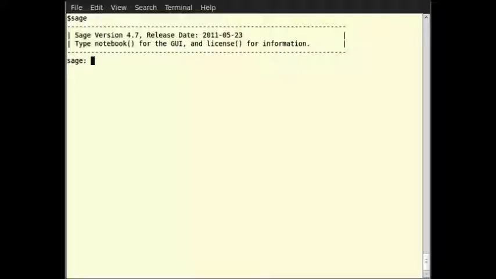So what is Sage Notebook? Sage Notebook provides a web-based user interface to use Sage. So once we have a Sage Notebook server up and running, all we want is a browser to access the Sage functionality. For example, there is an official instance of Sage Notebook server running at http://sagenb.org.